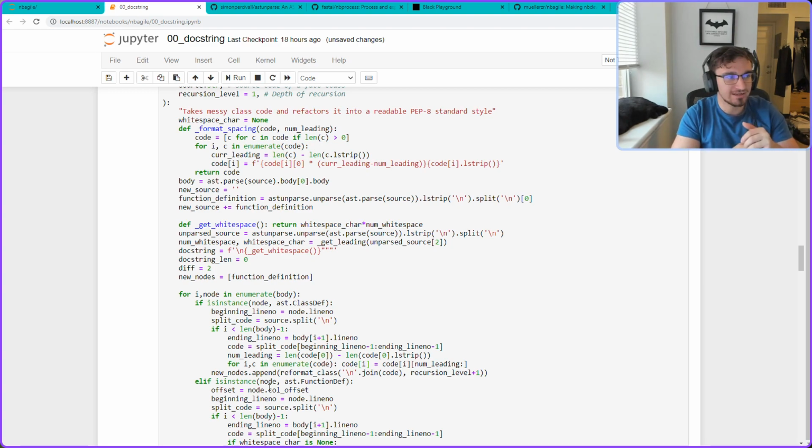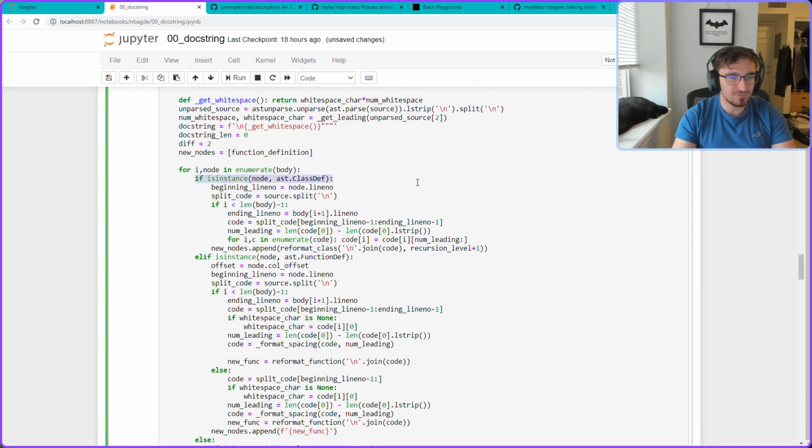So here, let's say I have a class in a class with functions and functions and classes. I can traverse from the class to the class to the function to the function to the class, get all the information I need, rebuild it, bring it back, and then build it from that. And that is the very scary and intimidating thing that I had to do. So basically here I can check, okay, if we have a class definition, then